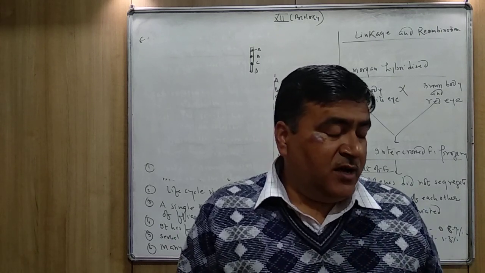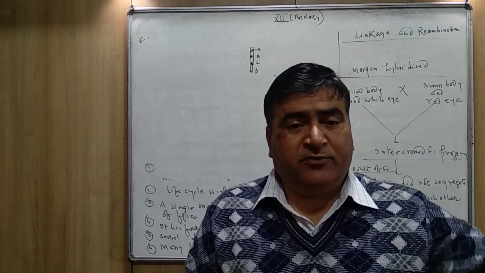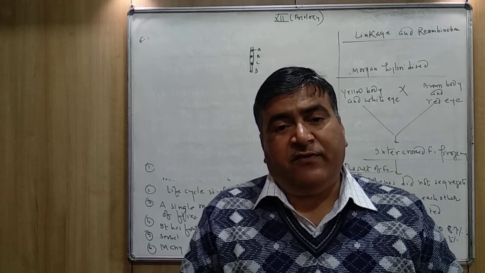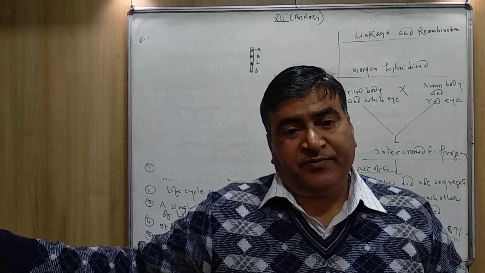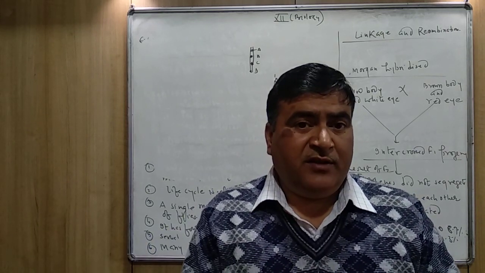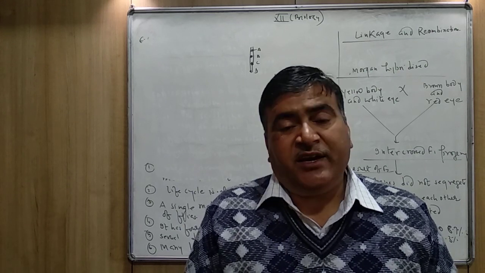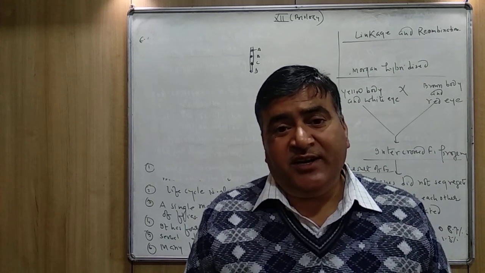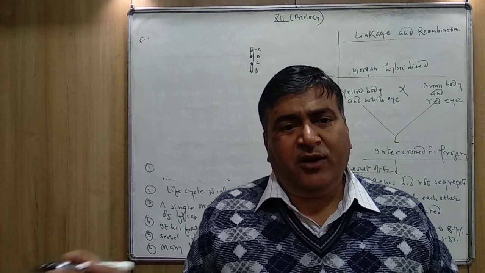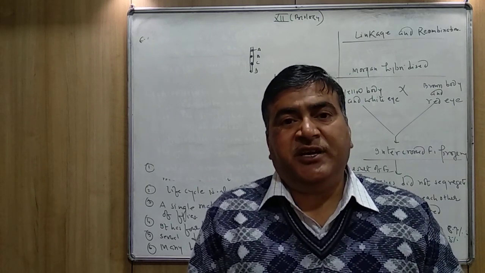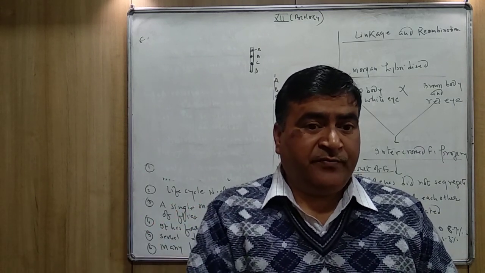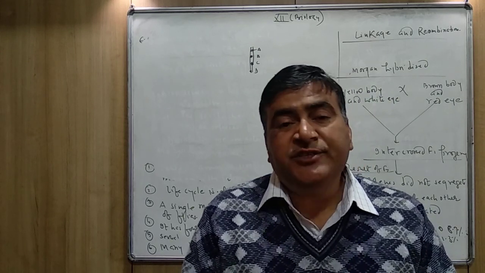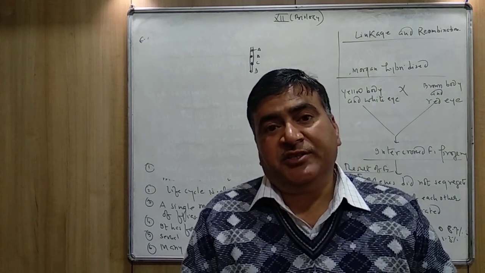Suppose a particular gene is present on the first chromosome and one more gene is located on the second chromosome, they are said to be non-linked genes. But if the genes are located on the same chromosome and lie very close to each other, these genes are called